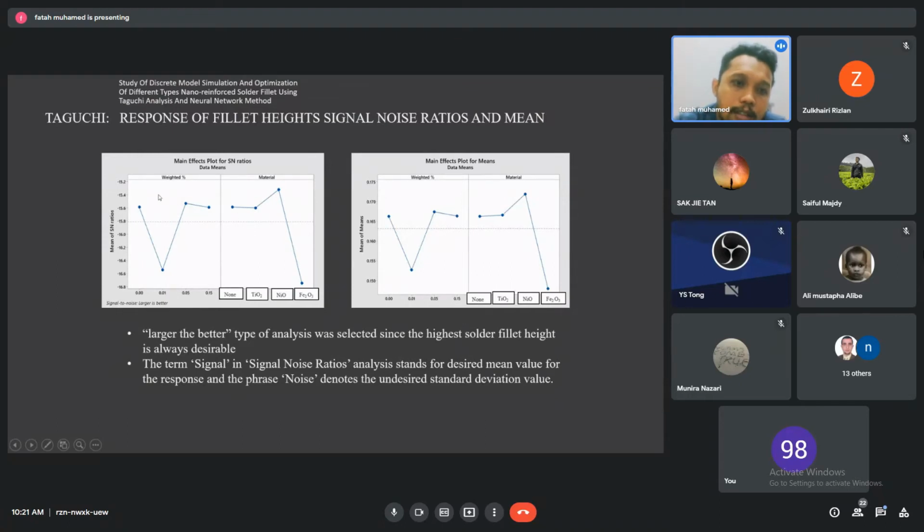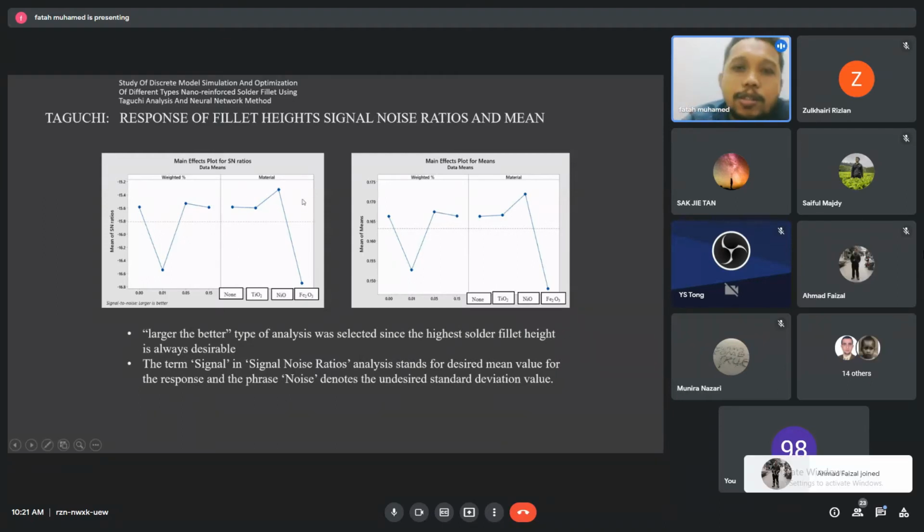So which weighted percentage affects the fillet height most? The first one is 0.05, which I can easily understand that 0.05 weighted percentage is better than 0.15 and 0.01. In terms of material, for fillet height, nickel oxide is the highest, producing the highest fillet height